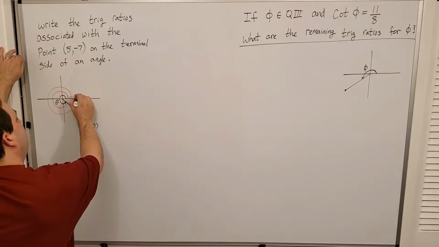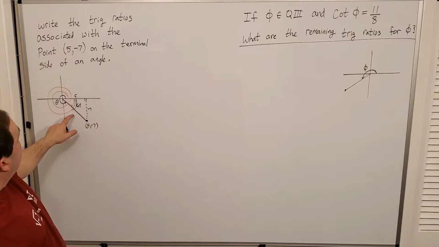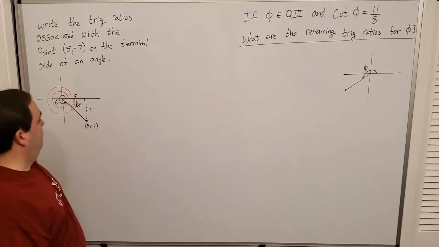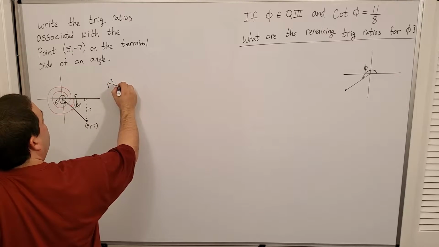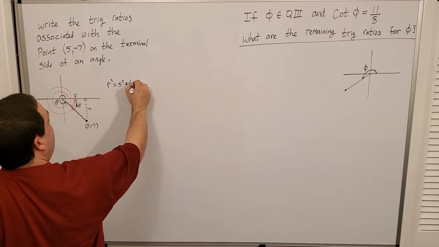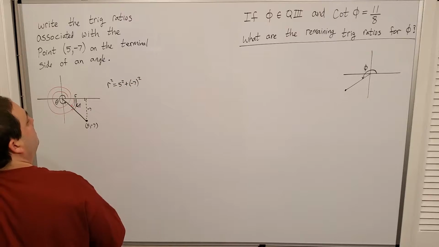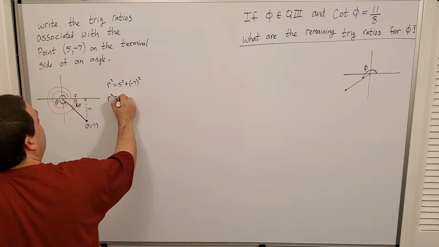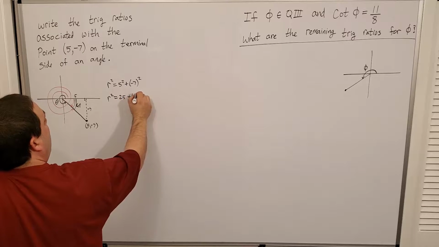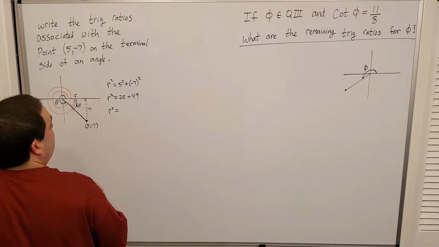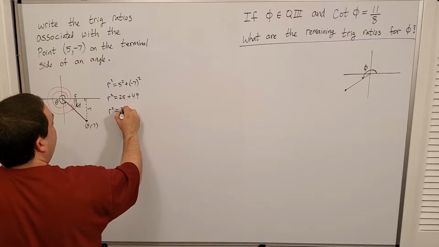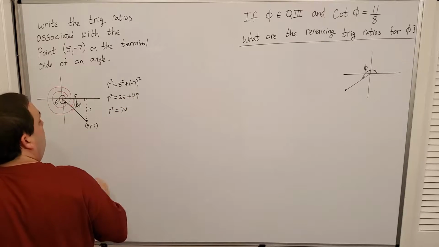The 5 is going to be the x value. And I need to know an r value. So I'm going to solve for r. r squared is going to be 5 squared plus (-7) squared. So r squared is 25 plus 49, which tells me r squared is equal to 74,